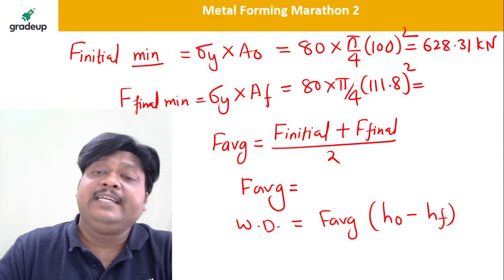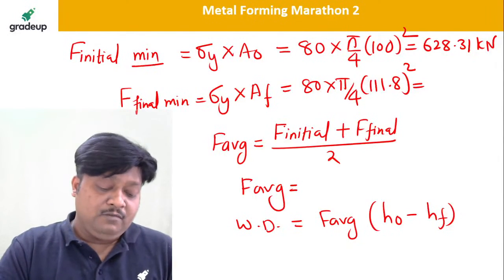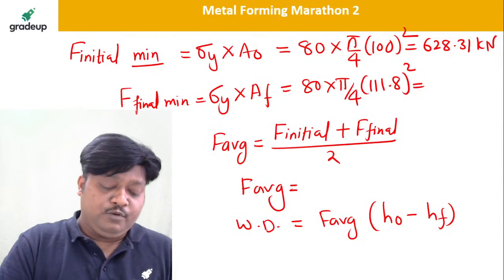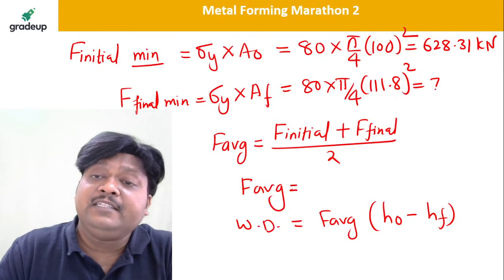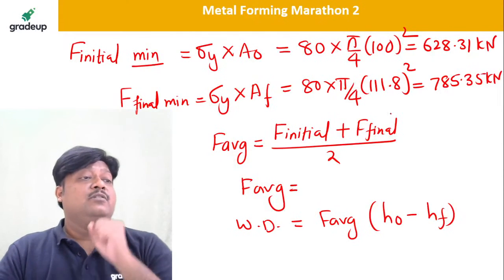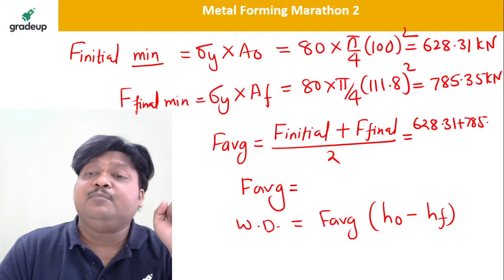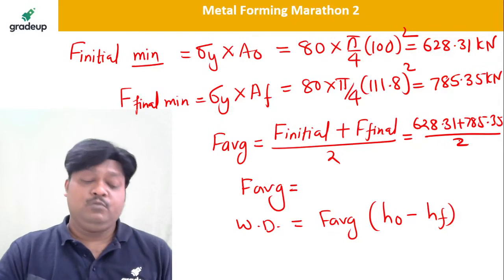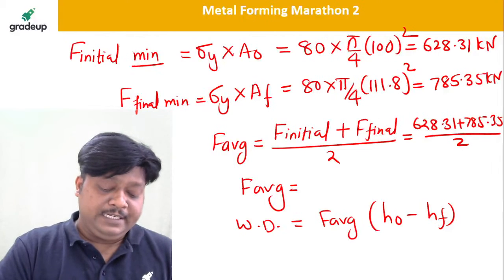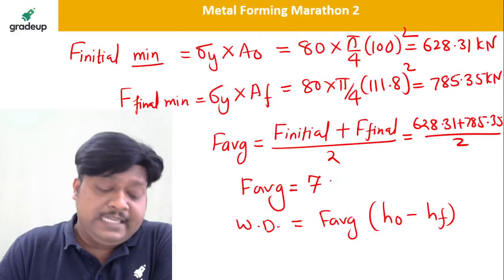Then the minimum force at the final stage, I am getting as 111.8 square into 0.25 pi into 80, which is 785.35 kilonewton. Please check it out. Now take the average of this: 628.31 plus 785.35 divided by 2. How much is it? I am getting the average force at